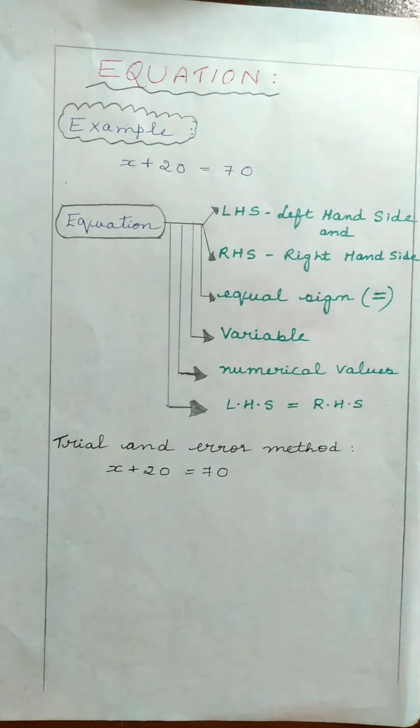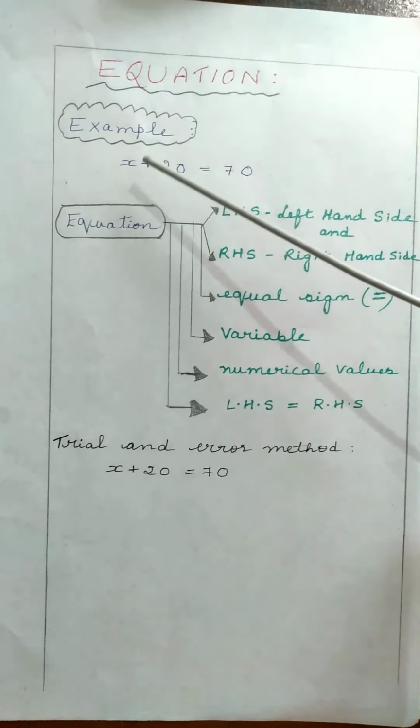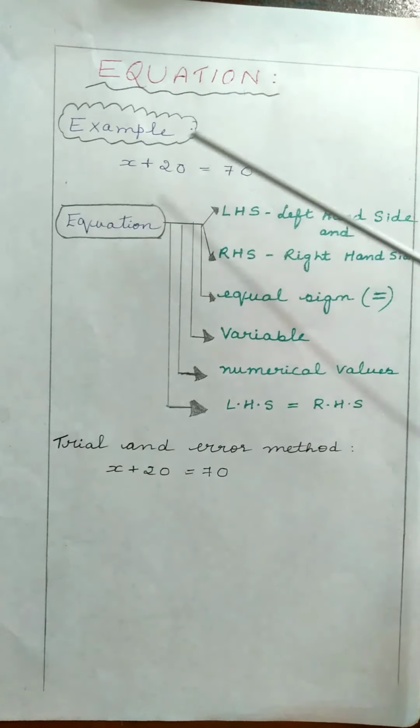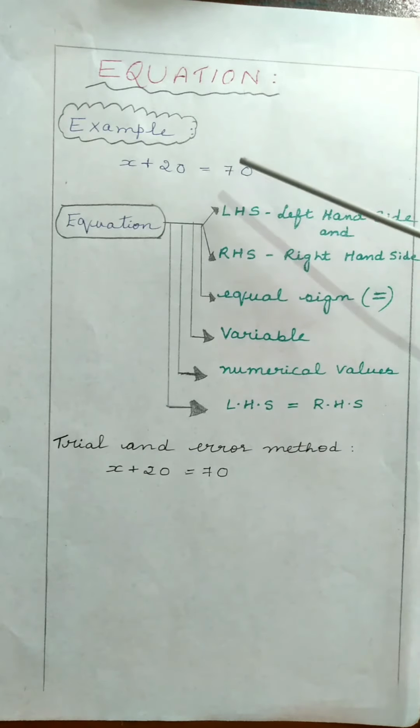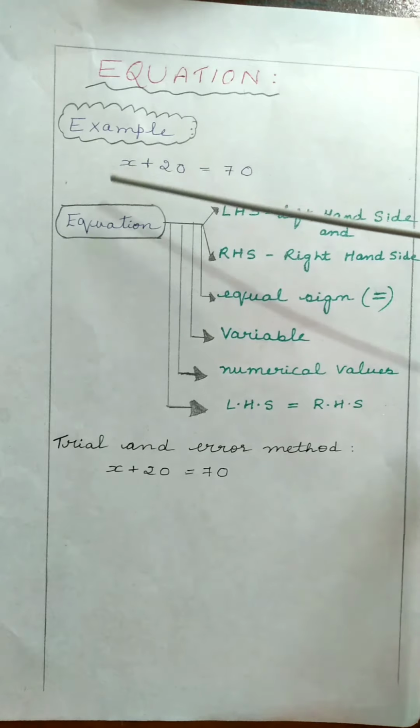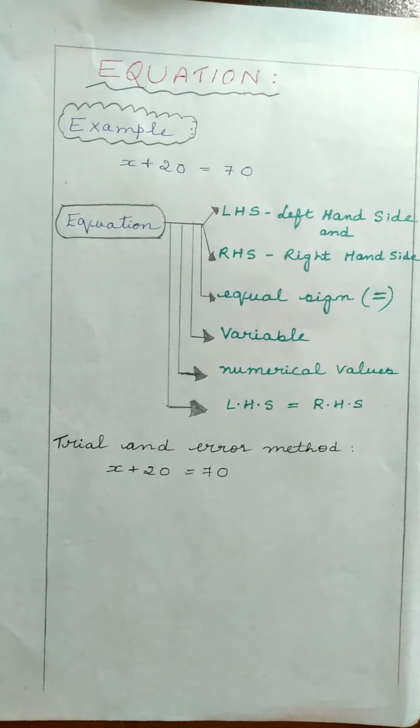The meaning of LHS equal to RHS is, children, that to evaluate the given equation, we require the value of x. How do you find the value of x? We have to put in a value for x. When we put values for this variable x and perform the addition in the given example, we need to get 70. That is, the LHS and RHS values, both sides, should be equal to 70.